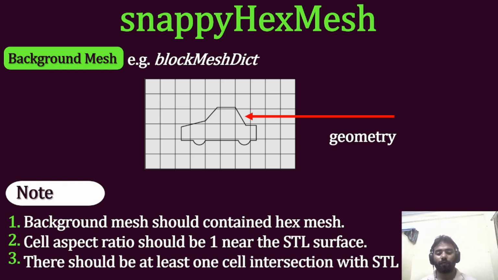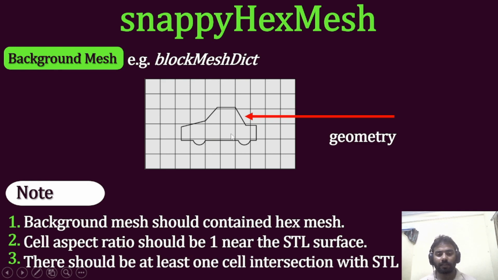This is another important parameter that I have not mentioned: there should be at least one cell intersection with the STL file. What I mean to say is, here you can see that the STL file is intersecting a large number of cells. Okay, you can see 1, 2, 3, 4, 5, 6, 7 and so on. This is the number of cells being intersected by this STL file geometry that we are showing here. Suppose you created some mesh like here, and your cell size is very large,